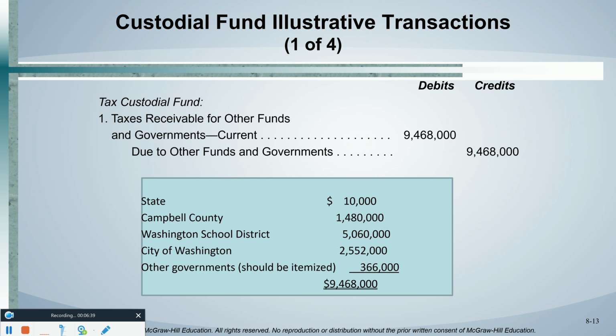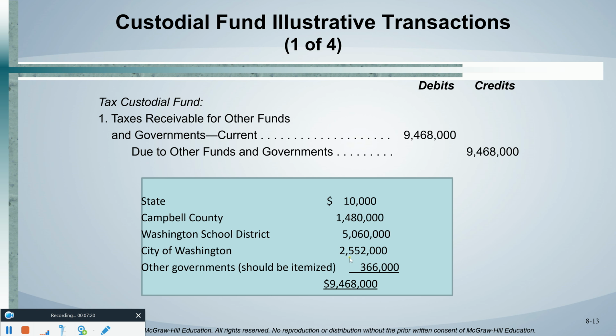the liability. What you are going to see is a custodial fund has no operations. And what I mean by that is there's no operating statement. There's no revenues. There are no expenses. It's simply all on the balance sheet. And as a matter of fact, the only thing you are going to find on a custodial fund balance sheet at any given time is cash, receivables, and current liabilities. You're not going to find any equity, also called net position. You're simply going to find cash, receivables, and liabilities at any given time. Okay, so